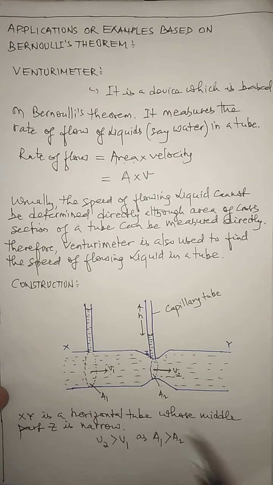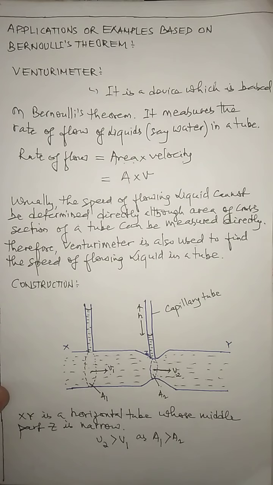So children, from this condition we can easily measure the rate of flow of a liquid like water in the tube, due to this pressure difference. But in order to measure the rate of flow, we measure the speed of the flowing liquid, because as I said, the Venturi meter also measures the speed of the flowing liquid at every cross section of the tube.